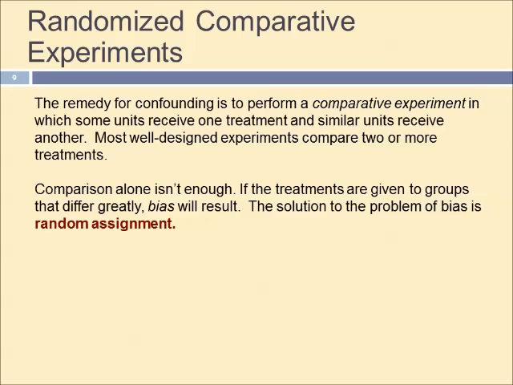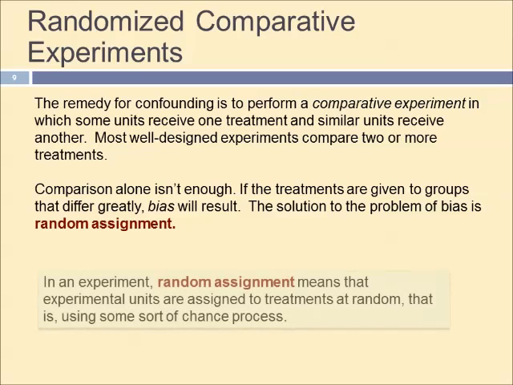Comparison alone isn't enough, though. If the treatments are given to groups that differ greatly, bias will result. The solution to the problem of bias is random assignment. So, in an experiment, random assignment means that experimental units are assigned to treatments at random, that is, using some